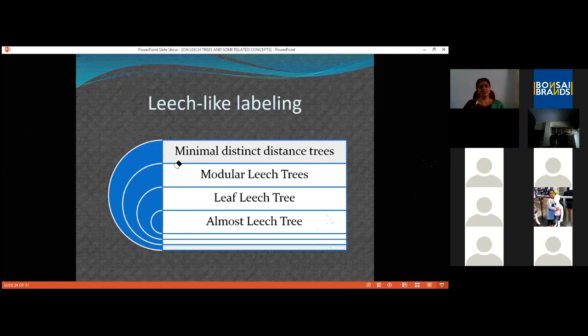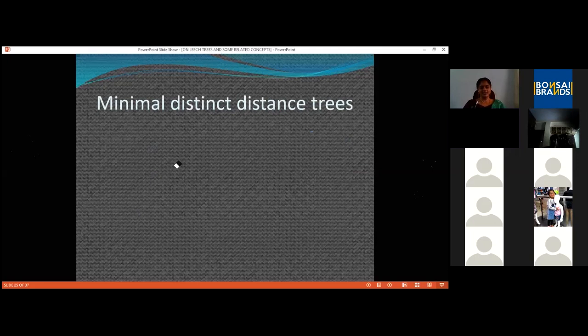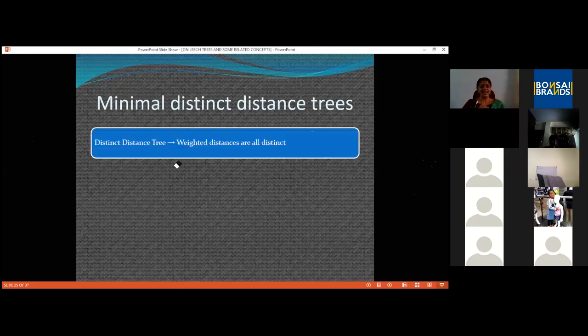The first one is minimal distinct distance trees. The name itself suggests the definition. If you are intelligent enough, you can catch it from the name. Okay. Here again, we are assigning labels to the edges.